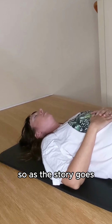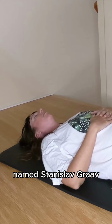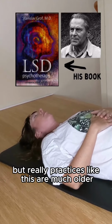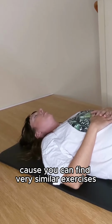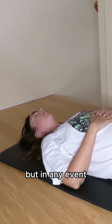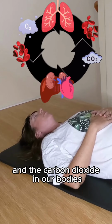So as the story goes, this type of breath work was developed by a psychiatrist named Stanislav Grof, and it was to mimic the effects of LSD after LSD got banned. But really, practices like this are much older because you can find very similar exercises in certain yogic and Buddhist traditions. But in any event, what's happening here is we're changing the ratio between the oxygen and the carbon dioxide